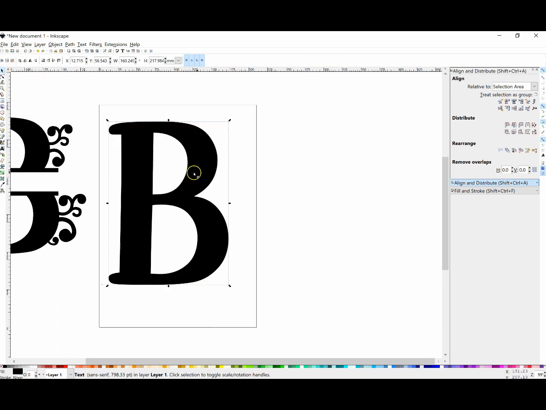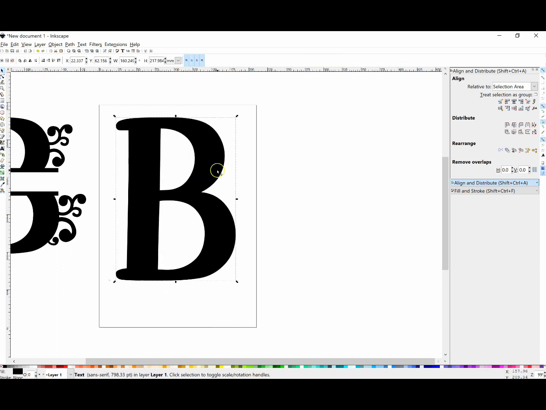So now that I've got my font on here, the next thing I need to figure out is, okay, I have all these little cute decorations around the side. How do I get those on here? In Inkscape, it's a little bit tricky because you don't have the ability to view all of your font alternates here within the software. So I'm going to show you how you can view those items.